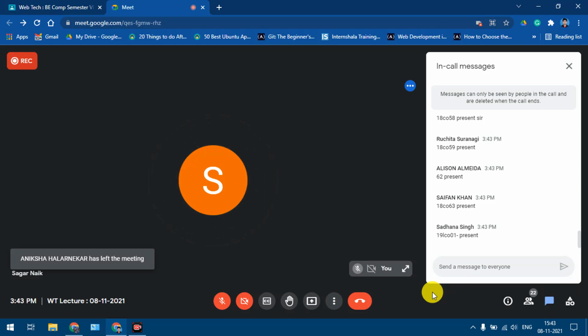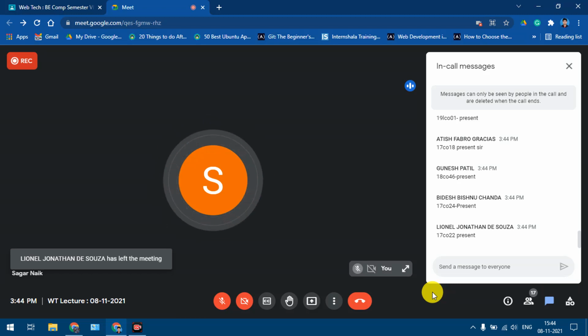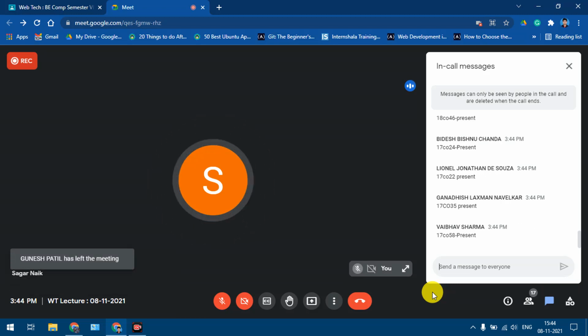Sadhana present. Riya is not there. Riya and Atish absent. Atish is present. Then Shripad, Lionel. Lionel is present. Shripad is absent. Videsh, Vaibhav, Ganadesh. Vaibhav is present. Ganadesh is present. And Videsh is absent.